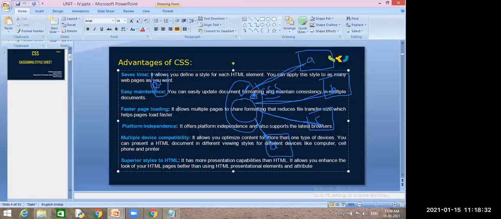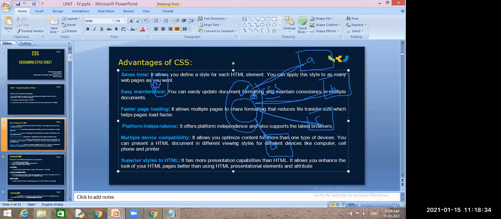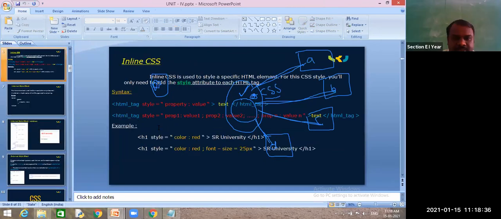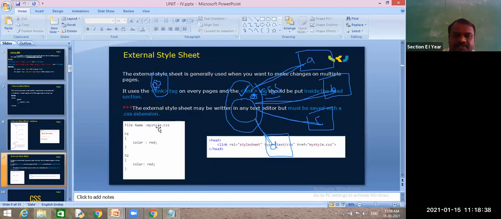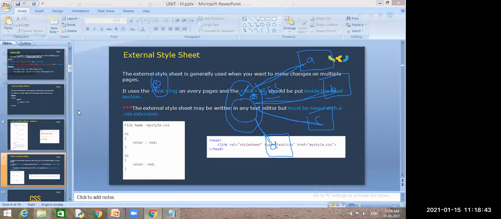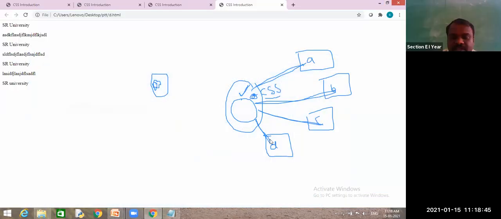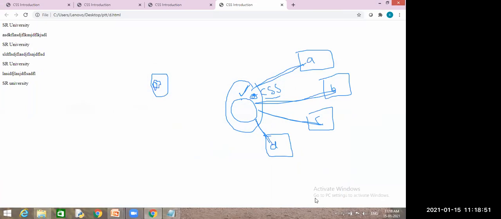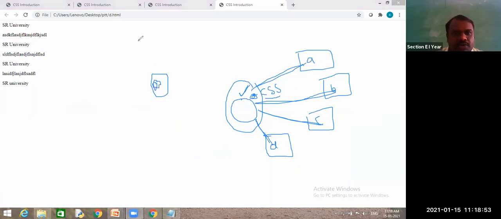In HTML, we used the anchor tag with href. That link is different and this link is different. For how many files do I need to link? 4 files. Yes or no? Yes, sir. I will tell you how to write the link.